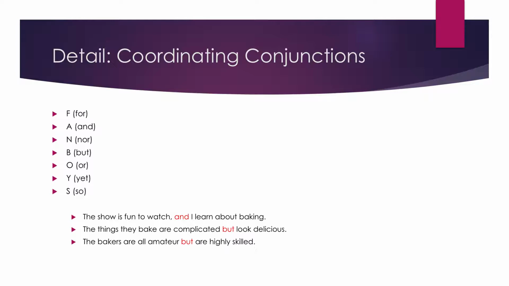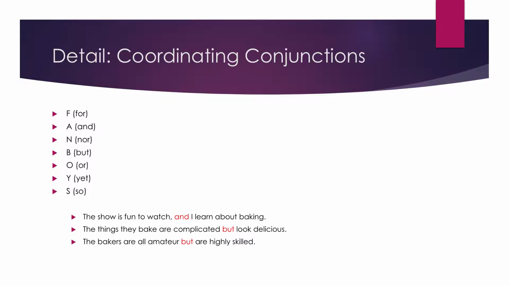If you have two independent clauses on either side, meaning that they could be complete or standalone sentences on either side, then you need a comma. When you don't have two independent clauses on either side of the coordinating conjunction, you don't need a comma, right? So if you have an independent clause on one and a dependent clause on the other, no comma.